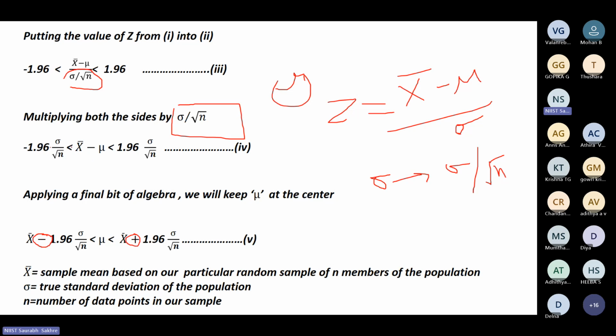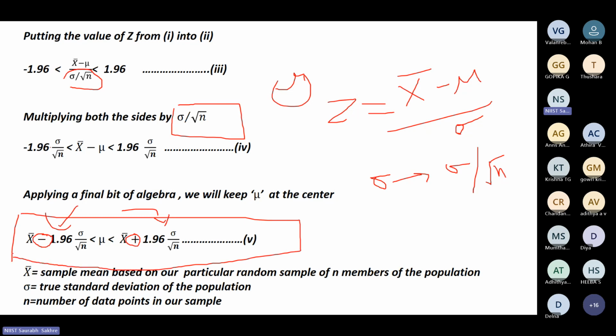When I sent it here, it became minus 1.96 sigma by root n minus bar x, and here it became 1.96 sigma by root n minus x. So minus becomes plus. This side it came plus, this side it came minus. So bar x minus 1.96 sigma by root n less than mu less than bar x plus 1.96 sigma by root n. So this is the definition of finding our true mean